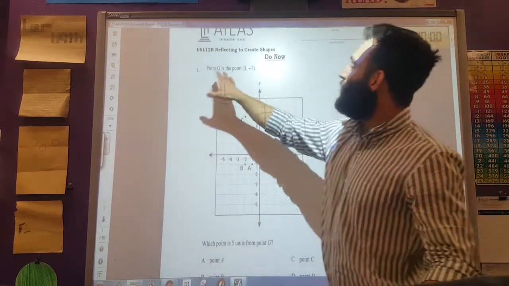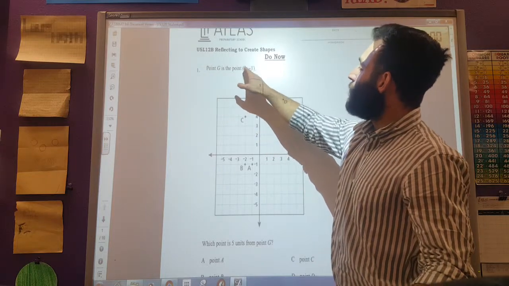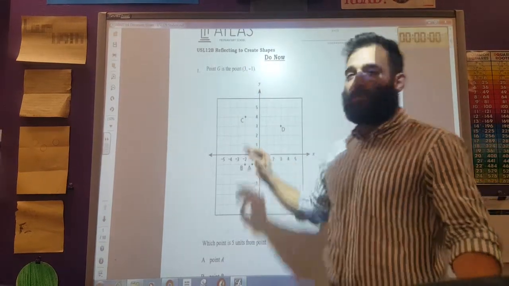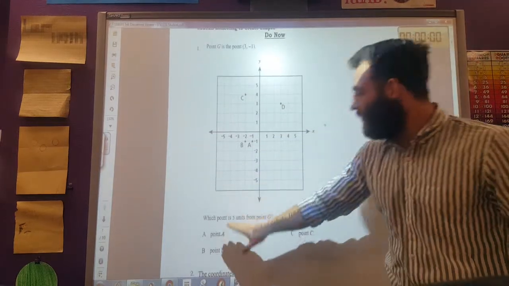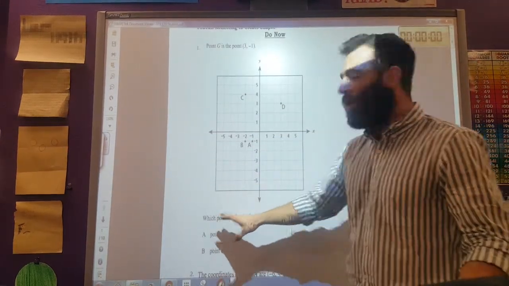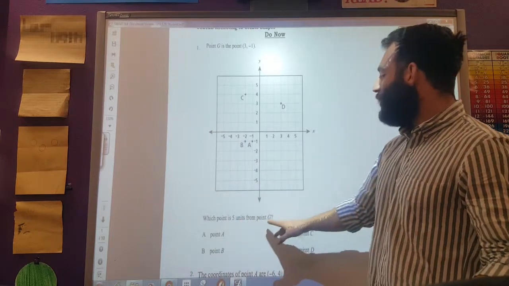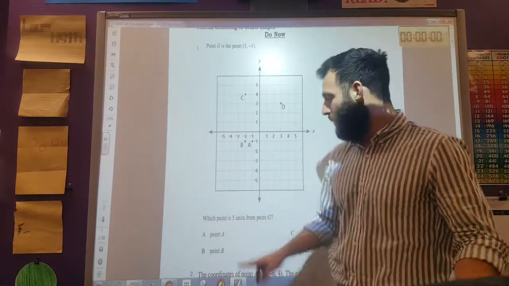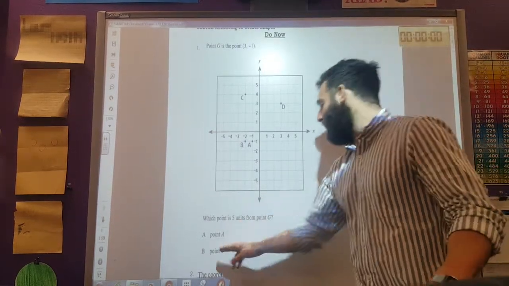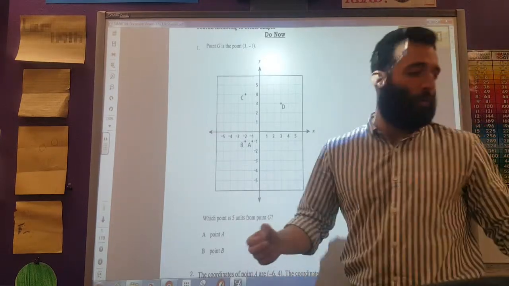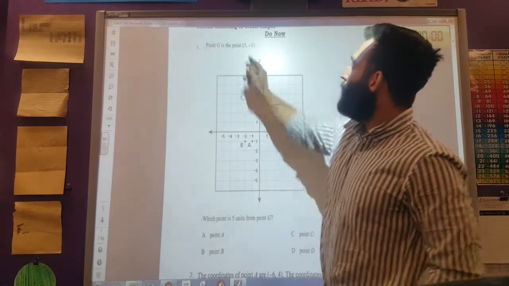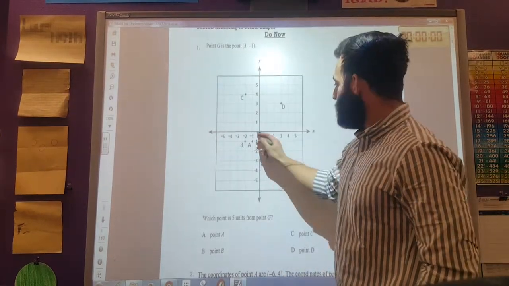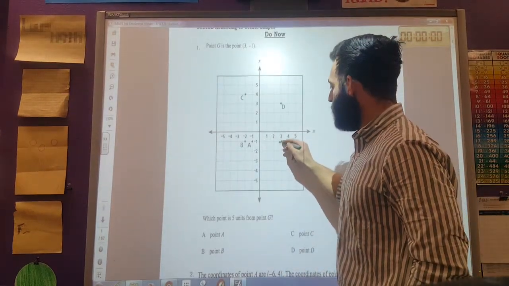Number one says point G is the point (3, -1). Now you'll see on here that there is no point G. And if you look down here, you'll see why. This question here is asking which point is 5 units from point G. Is it point A, point B, point C, or point D? Well, what I'm going to do is plot (3, -1) and label it